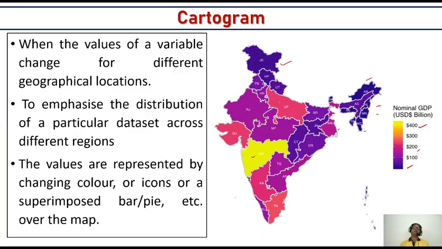We take the help of maps too. Sometimes we may have bars and pies also within the state if we want to show something which is more than one dimension. That means here we are showing only one type of data, but if there are two or three types of variables which I want to show across the different states, then we can use something like a bar diagram imposed over a map. That means it is also a cartogram where you are showing some statistical figures, or numerical quantities, or graphs in